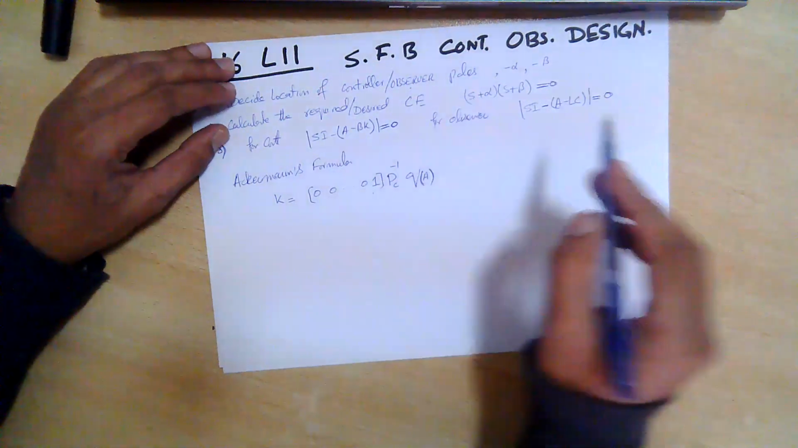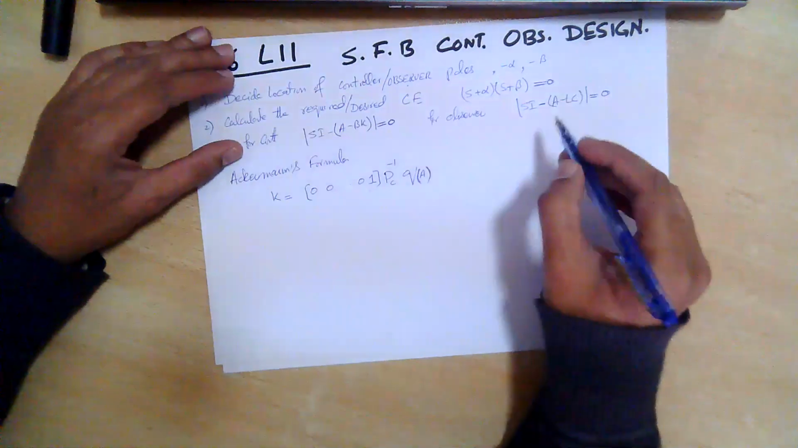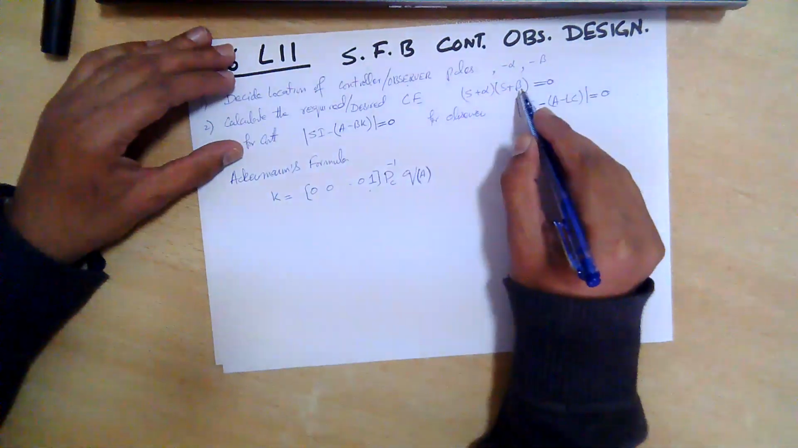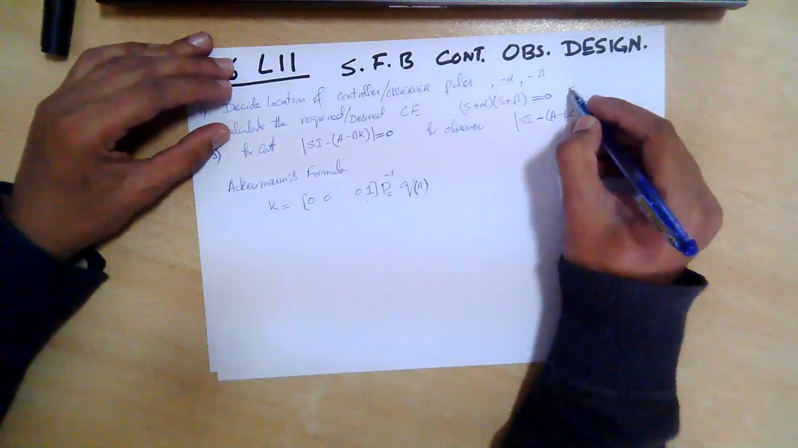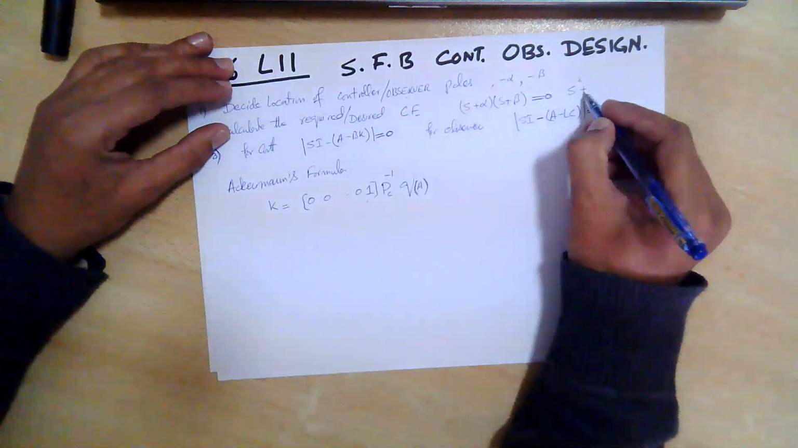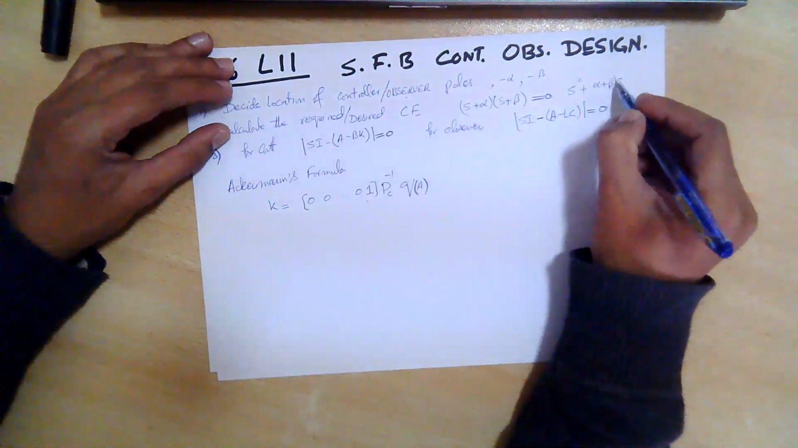So if I calculate the characteristic equation for this system, suppose this is the system, the characteristic equation will be s square plus (alpha plus beta) s plus